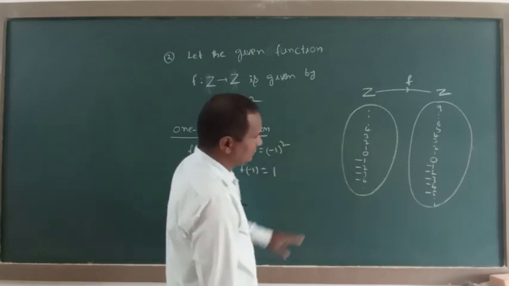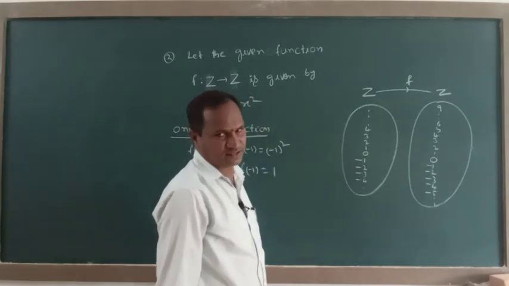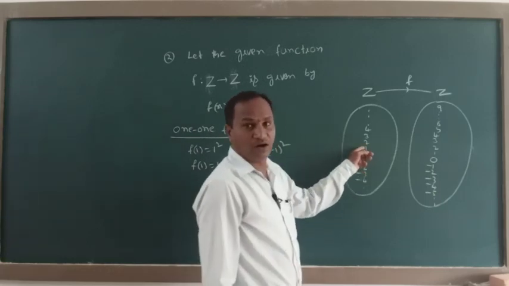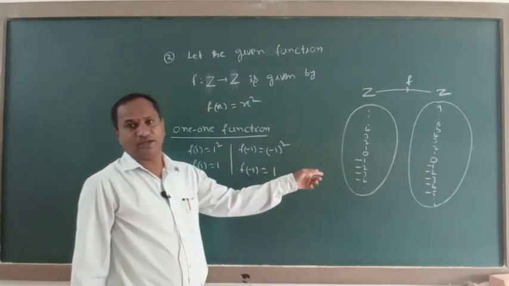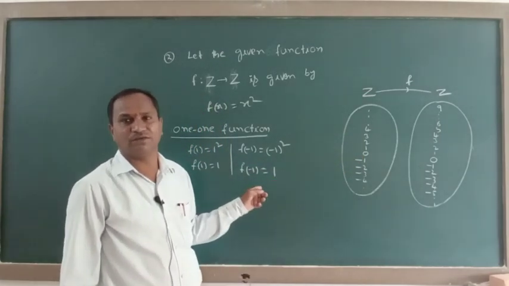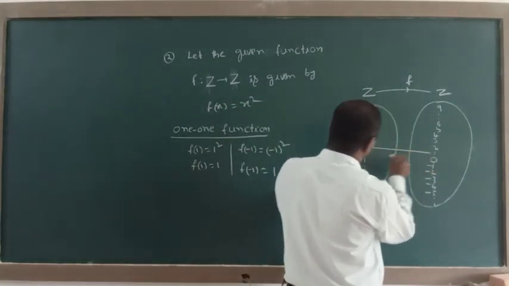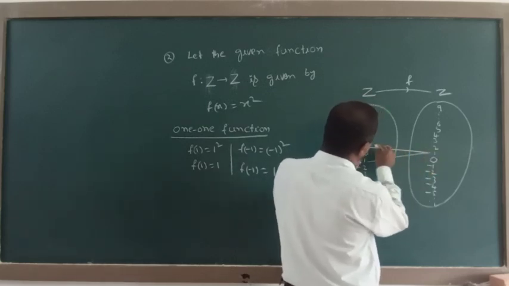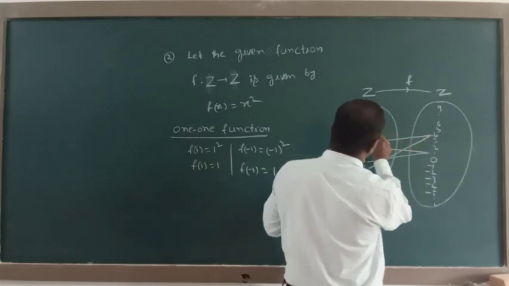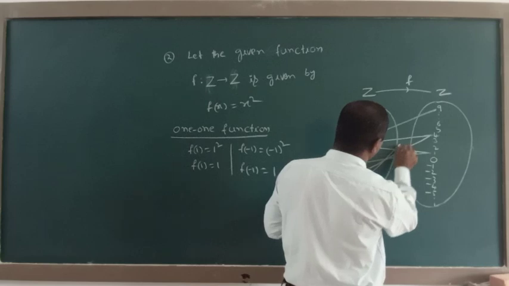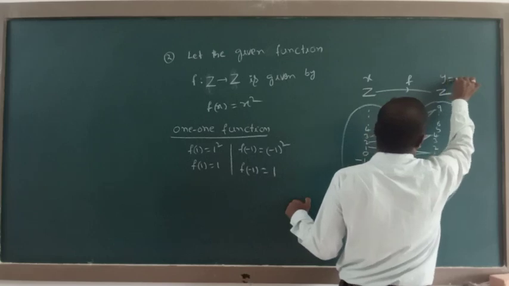One example is enough. After showing this diagrammatic representation, you can take elements like -1 or +1, or -2 and +2, because we are showing a proof of one-one function through an example. For 1, the square is 1, and for -1 the image is also 1. For 2, it is 4, and for -2, 4 here. For 3, 9, and for -3, plus 9 here. It is x, and y is equal to x square here.